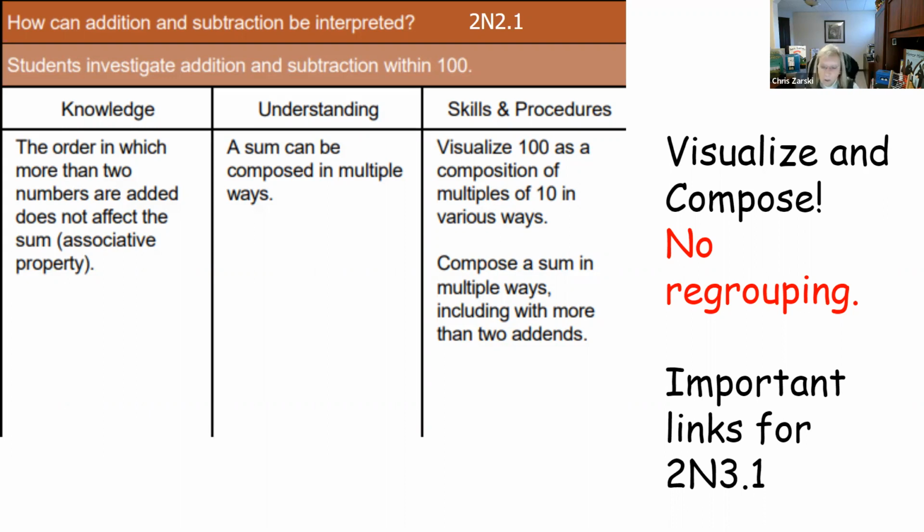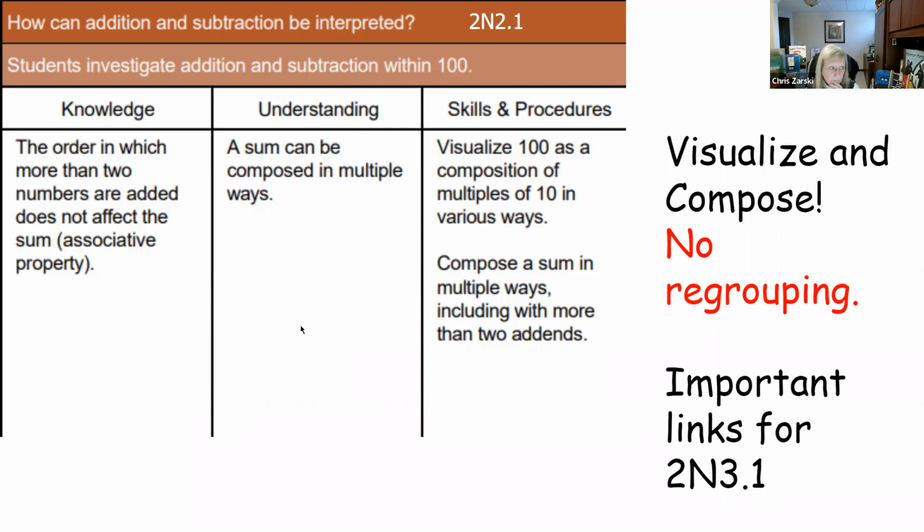Now, because we are moving forward with 2N 2.1, it's ongoing, it's not one time, and we don't just do it one month. It continues to build as I progress through to my number of 100. I'm going to continue to reassess students over and over. So if I'm working at 50, I'm going to assess you at where you're at for 50. If you're ready to move to 60 or whatever number you're at, 70, I'm going to assess you at those. So I'm continuously revisiting, which you do in primary all the time anyway, checking for mastery as we move them forward.